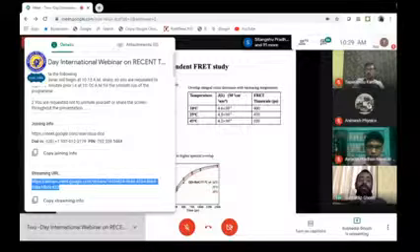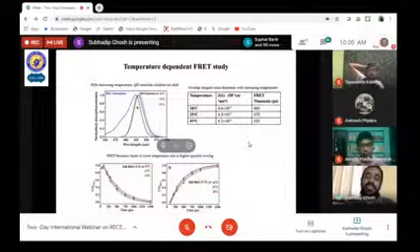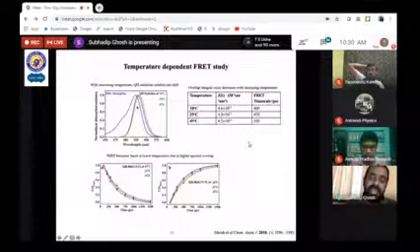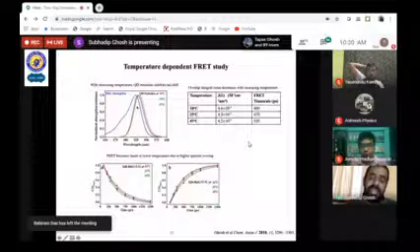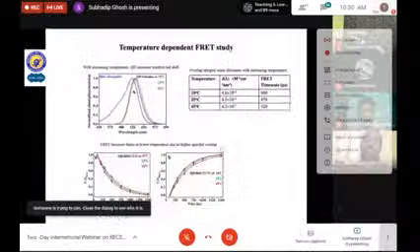The second point is that one can easily synthesize this using a facile one-pot synthesis method, and the most interesting property of this carbon dot is excitation dependent emission. So you can generate any emission wavelength of your choice by changing the excitation wavelength, and it has very good application in LED or other photovoltaic devices. Now, studying several literature, we found this carbon dot broadly has two different portions. One is the core carbon. Core carbon is formed by